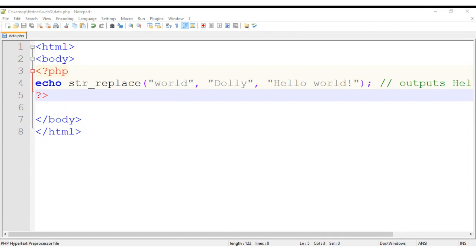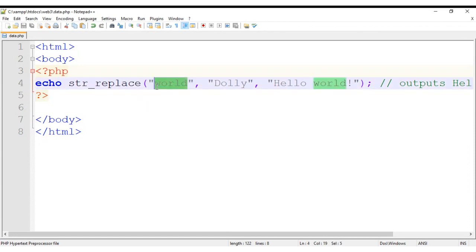Yes, the output of this program will have what we call Hello Dolly. That is correct. We are replacing the word world, the first value, with this value. So we have hello, then we replace that word. So the output of this program,